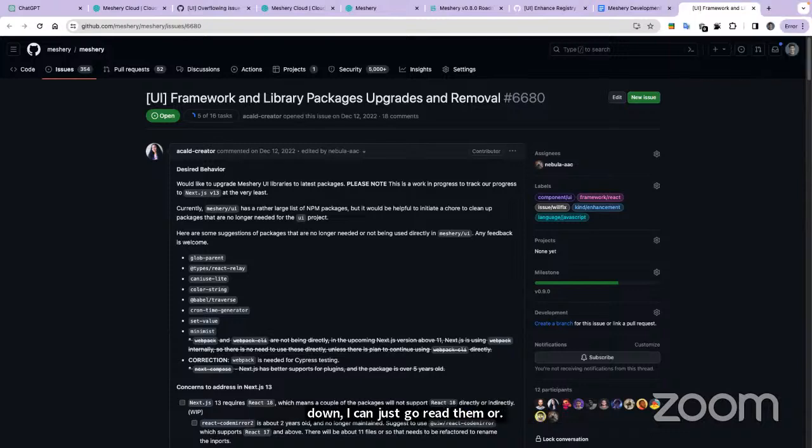Since I removed Lerna, the only manual step is just running npm version patch, minor, or major. That's the only thing. And then once you version the package, you just push it, and then you can make the release.